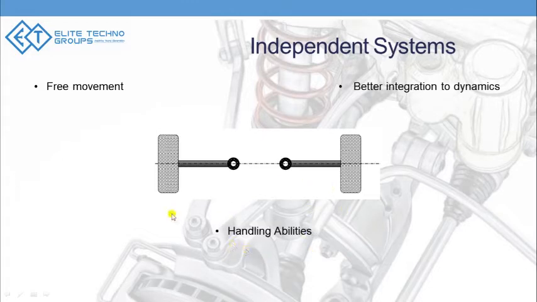So like I said, the handling capabilities depend on how much of the suspension and the road contact surface it has. So in the previous video, in the dependent suspension system, if it was the right wheel going over a speed bump, that wheel was transferring the load to the left wheel, thereby causing this road contact patch to go down.